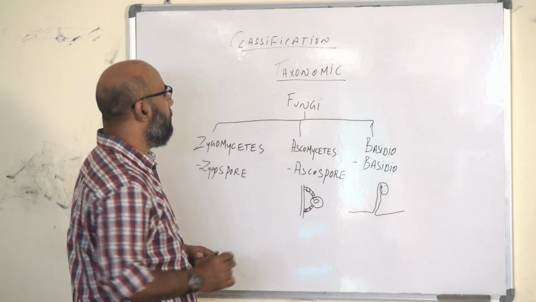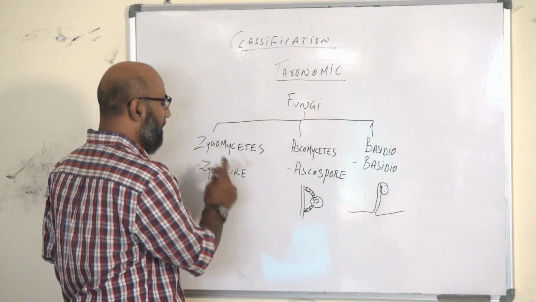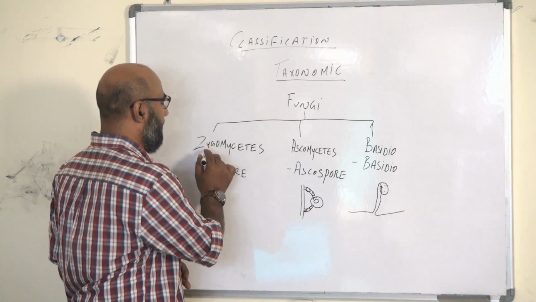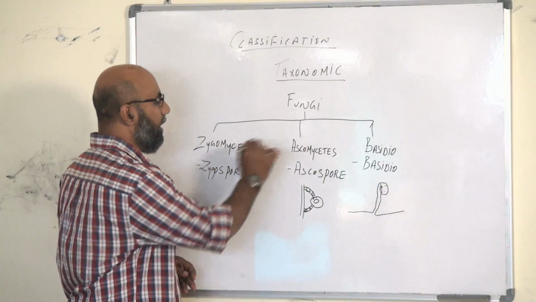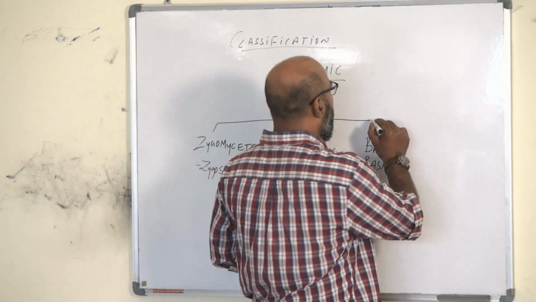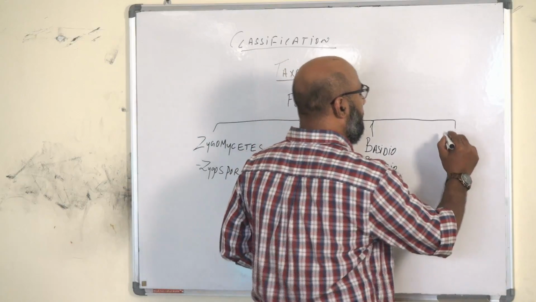So these are the three main classes based on the sexual spore: zygomycetes based on zygospore, ascomycetes, ascospore, basidiomycetes on basidiospore, and there is one more last class which is called the